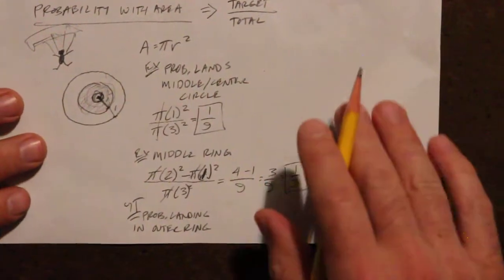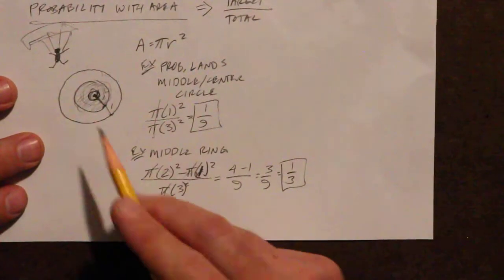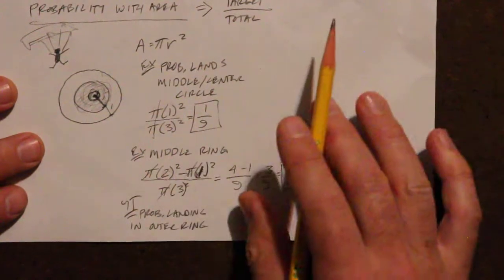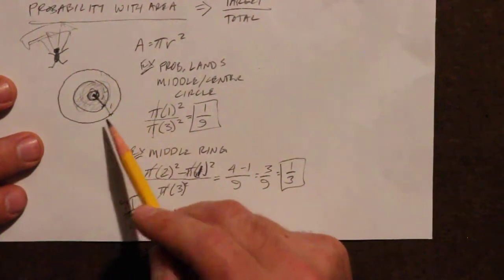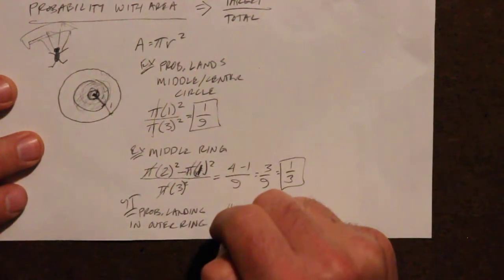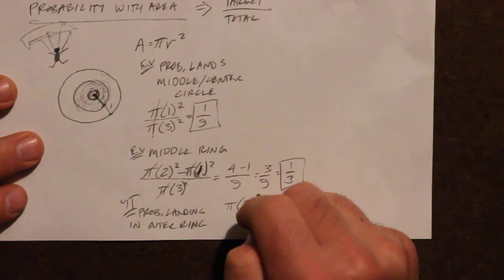Alright, let's see how you did. So I'm going to take the probability that this guy is going to land in the outer ring. And the way I'm going to do that is I'm going to take the whole area, which is pi times the radius, which is 3 squared,